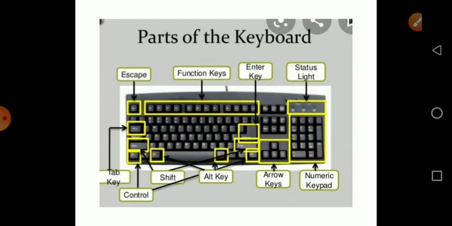Next, numeric keypad gives you numbers when you wanted to use mathematical functions, or when you wanted to work with digitized information only. That time you can use only the numeric keypad, instead of using the alphanumeric keys. Arrow keys show four directions, so you can move your cursor right, left, up and down using the arrow keys. Alt key, I told you, Alt, Shift and Control keys can work only in combination with other keys. Tab key is used to move one tab space.